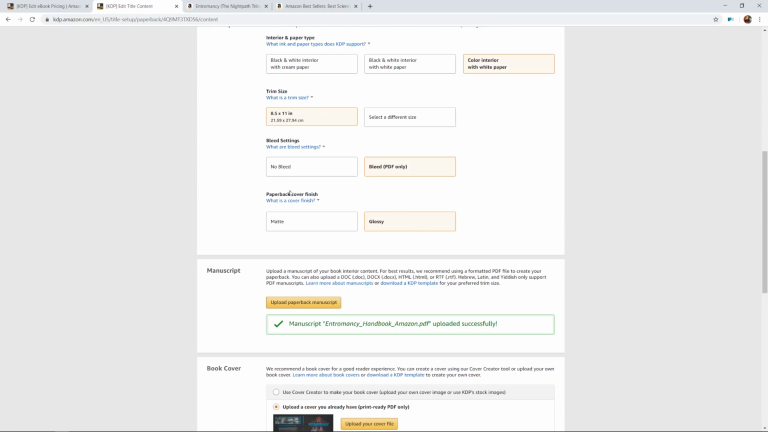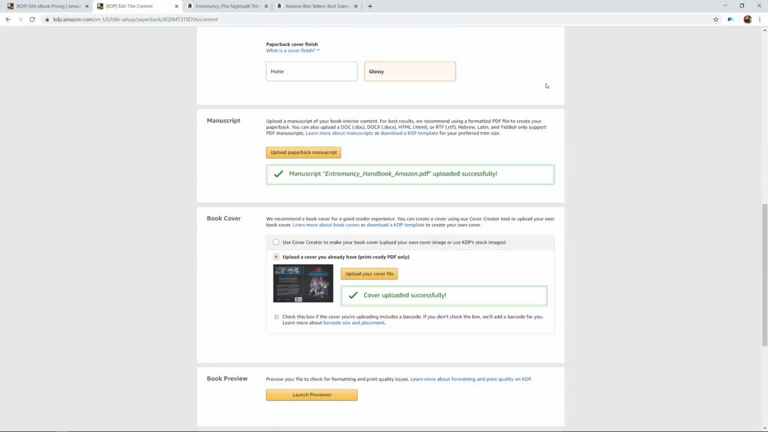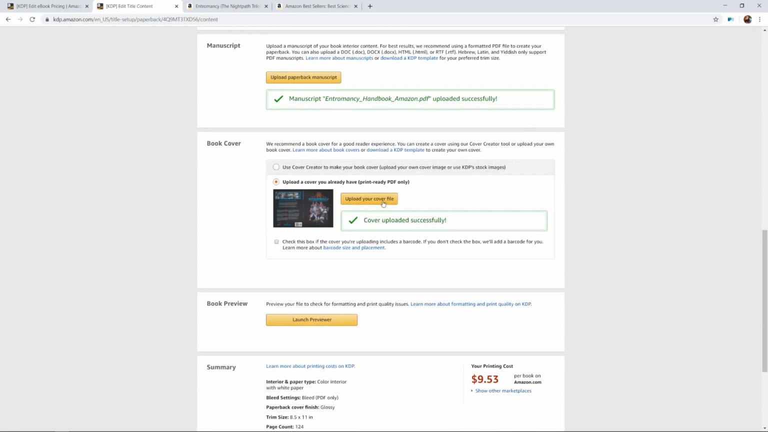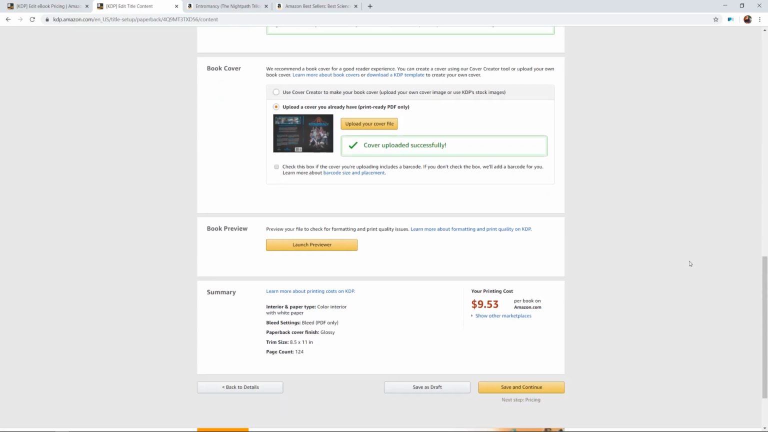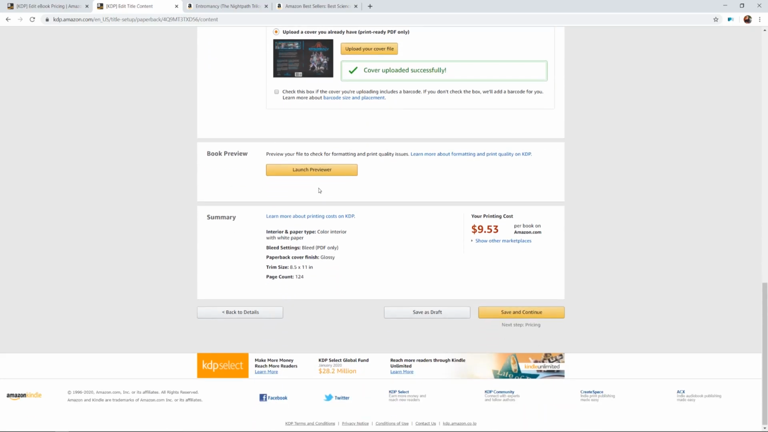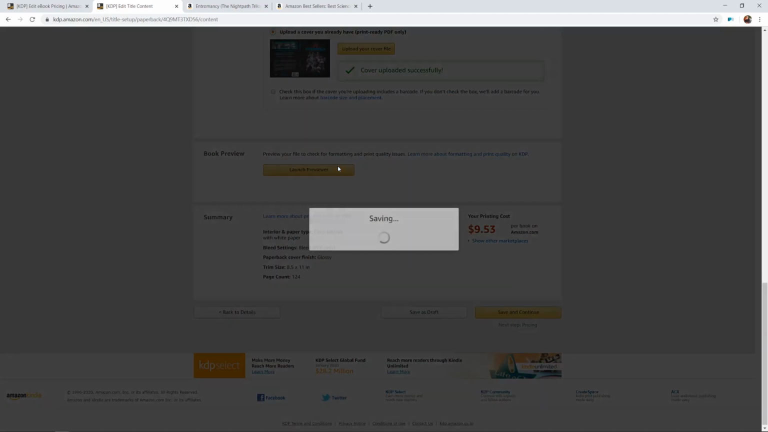And then if you want your paperback cover finish to have a matte, a non-glossy finish, or a glossy finish, that's where you choose it here. You upload your manuscript here, just like we did in the previous screen, and you upload your cover file here or create one for yourself. You have to decide whether or not you're including a barcode or if you want Amazon to include one for you. And then you can launch the previewer,